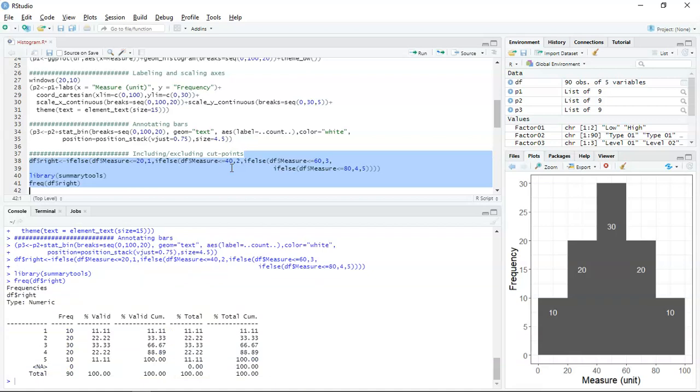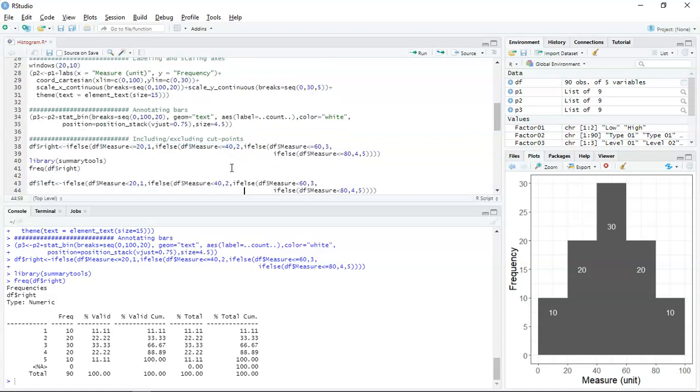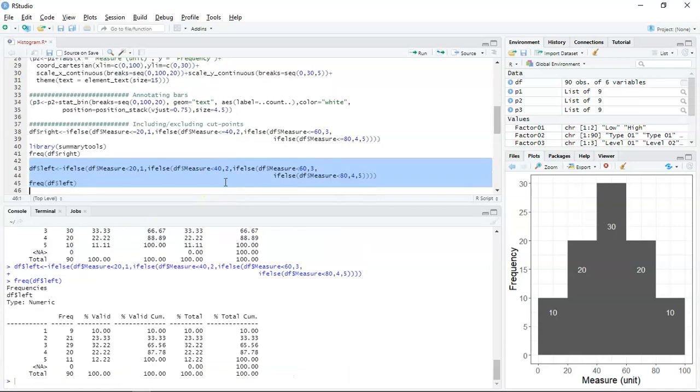Now, just to highlight that the cut points definitely are included in the bar, I create another variable here. This is where I'm not including the endpoints now. So I'm saying the measurement is coded as 1 if it's less than 20, so that means everything up to 20, coded as 2 for less than 40. So this is where I'm not including the endpoint. And if I do the frequency on that, in this case, then you can see that the frequency is slightly